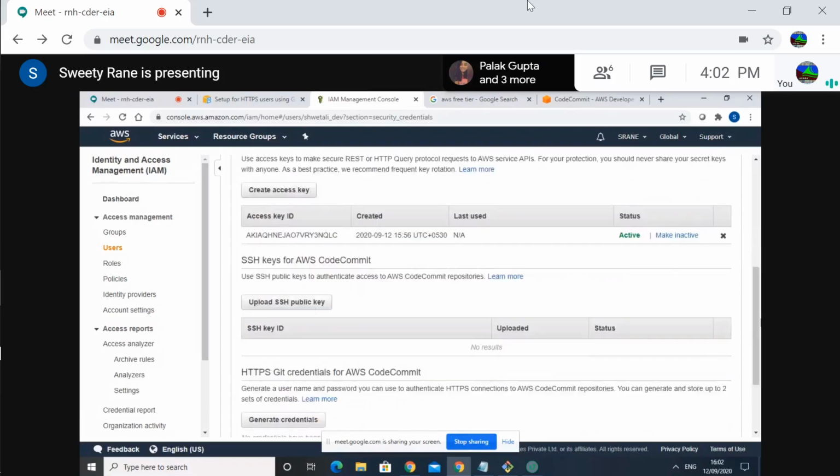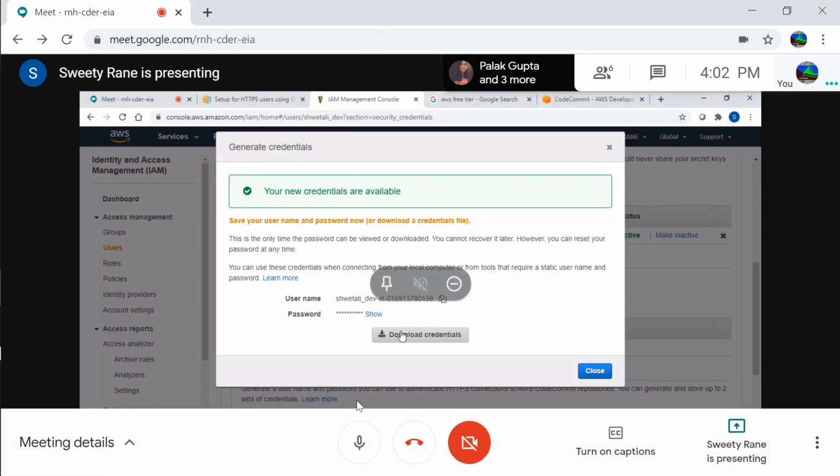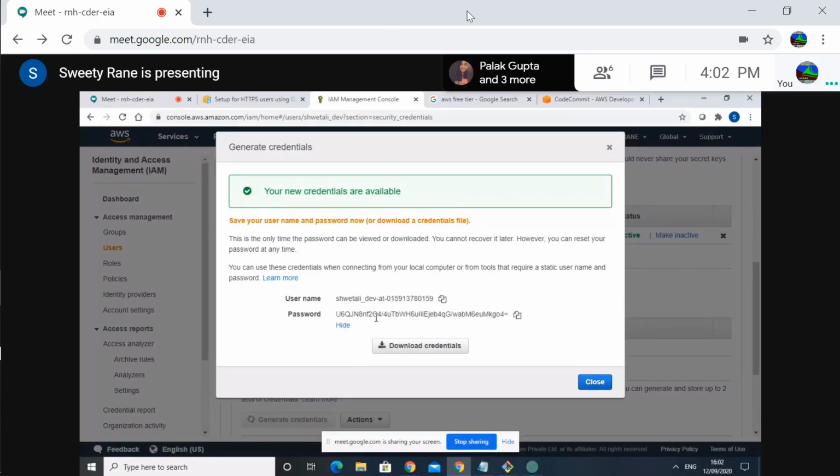One sec, it is down. HTTPS Git credentials, generate. So click that. No, first you just save it. Instead of downloading, just save it. You can click show. Yeah, save this here. Click that icon if you want.